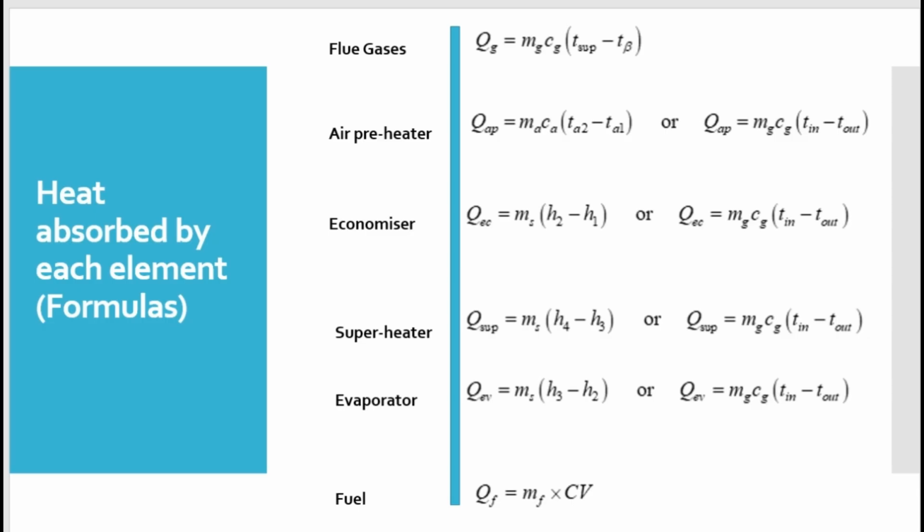Let's look at heat absorbed by each component. We are going to start with the air preheater. The air preheater will absorb the heat that is coming from the mixture of gases or the products of the combustion. It absorbs heat there, and it heats the air that is from the atmosphere. And when it heats that air, we use the formula